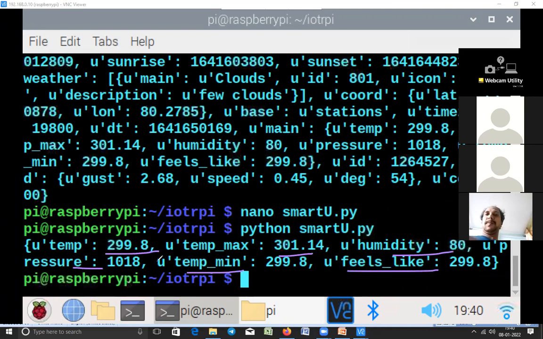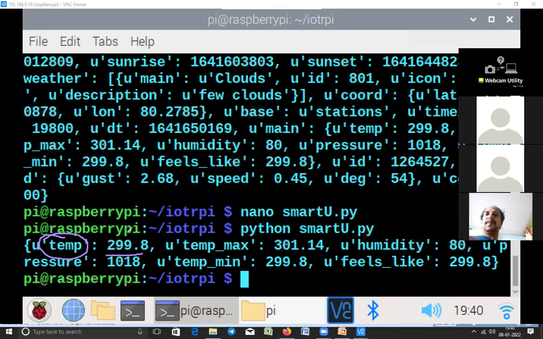Now you can access this 299. Again, this is a dictionary. So how to access 299? Anyone tell me how to access 299? How to get this 299.8? This is a dictionary, right? It's simple.